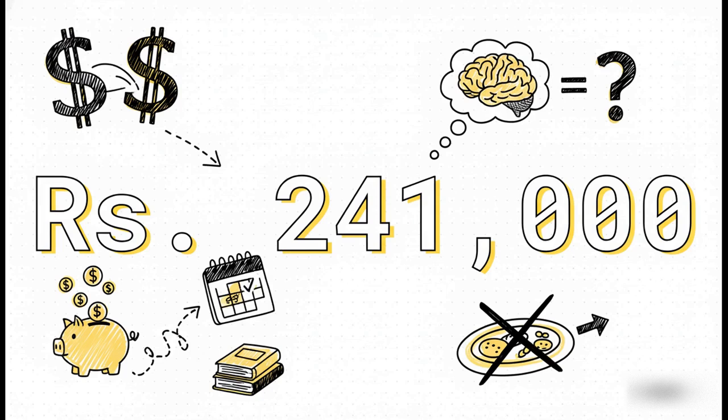Now here's a classic bit of economic thinking. The student has to eat whether they're in college or not, right? It's a living expense, not an educational one. So an economist takes that cost out because it's not an additional cost of going to college. That leaves us with 85,000 in true explicit costs. Add that to our 156,000 in implicit costs, and there you have it, 241,000 rupees.